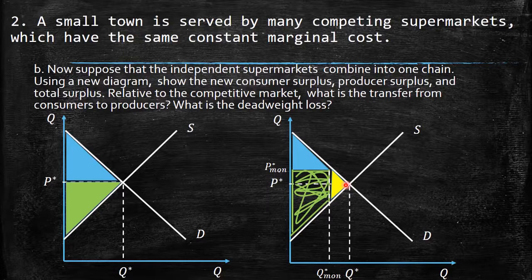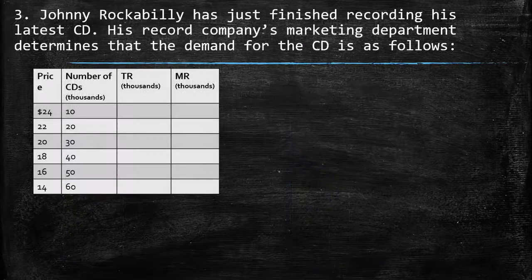This little part of the triangle is what producers renounce, they give up in some way, and the consumers also don't have it, because people along this part of the line won't buy anymore due to the higher price. So then the next question says,